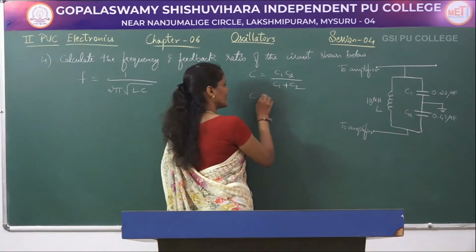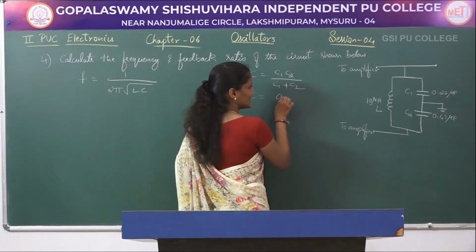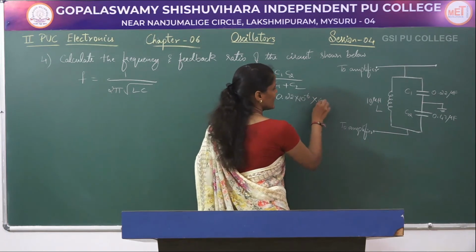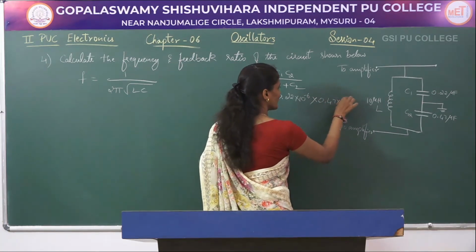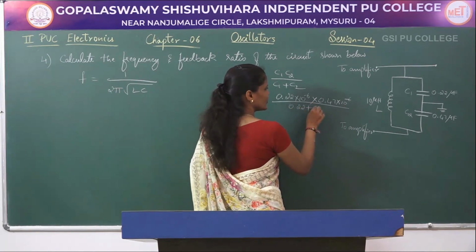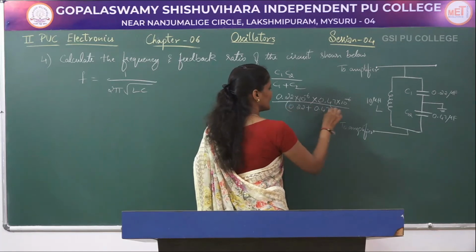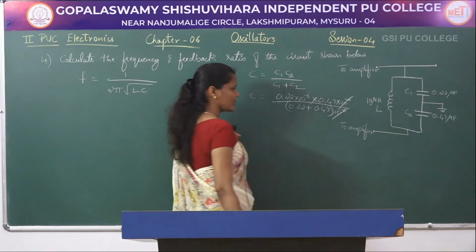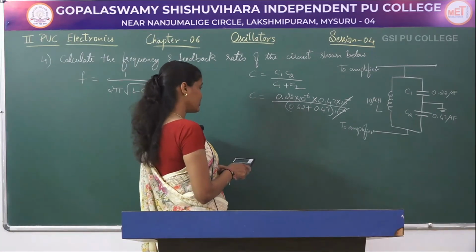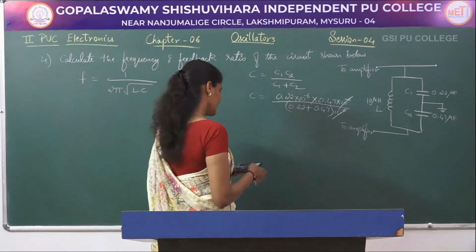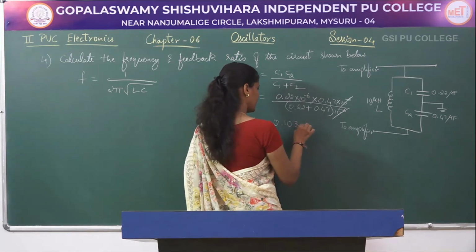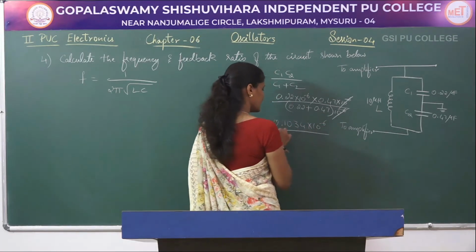Then we have to find out C value. So C1 is 0.22 into 10 to the power of minus 6 into C2 value is 0.47 into 10 to the power of minus 6 divided by C1 plus C2, that is 0.22 plus 0.47. I will be taking 10 to the power of minus 6 as the common factor, which gets cancelled. So 0.22 into 0.47 gives me C is equal to 0.1034 into 10 to the power of minus 6 divided by